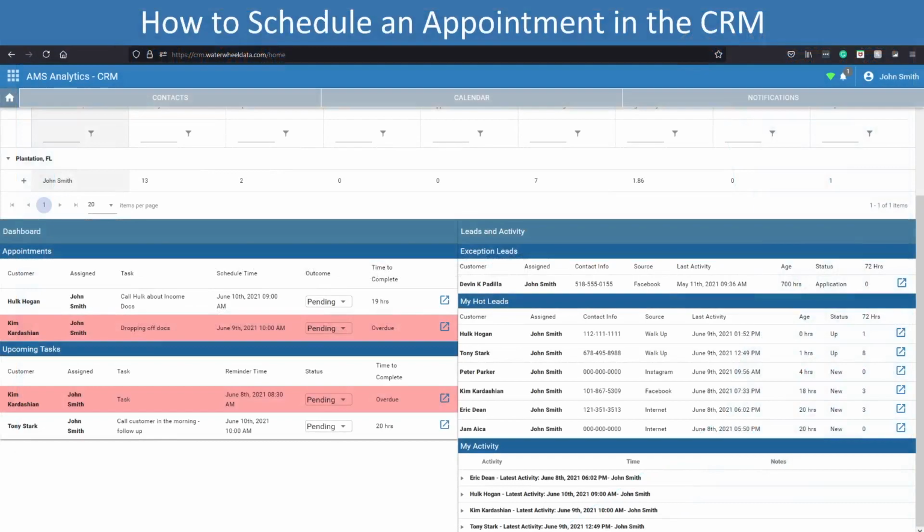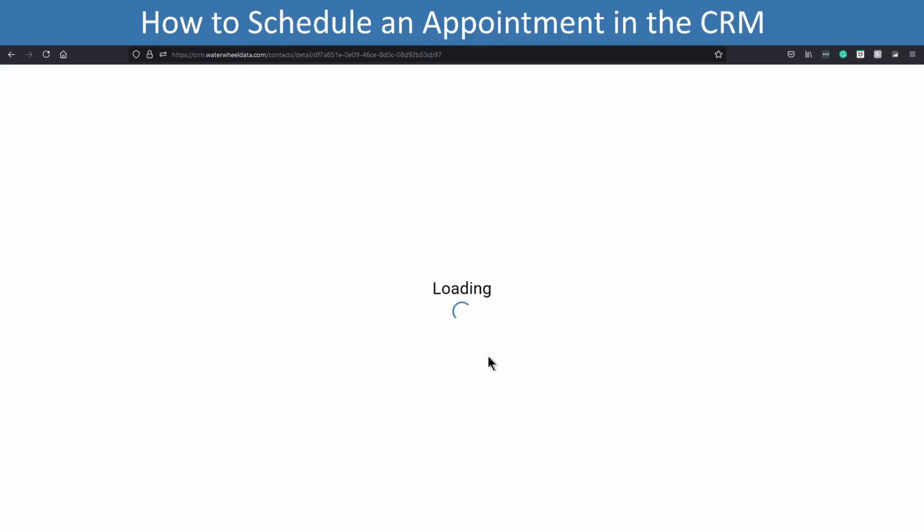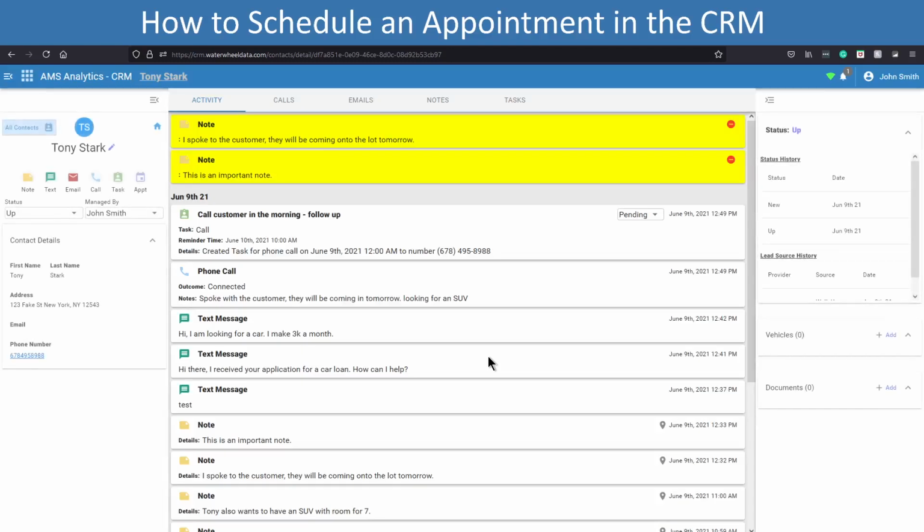So this is the main screen of the CRM when you first log into the CRM. I'm going to go in here into my hot leads section, and I'm going to load my favorite customer, Tony Stark. I'm going to click on him, and I'm going to go ahead and schedule an appointment